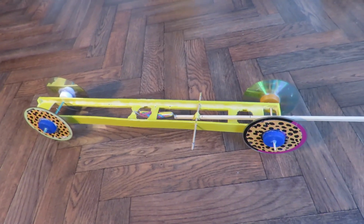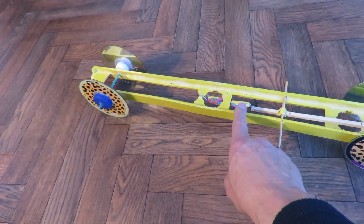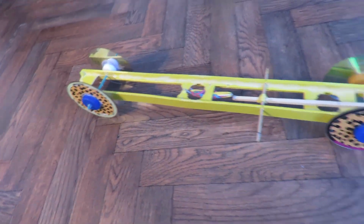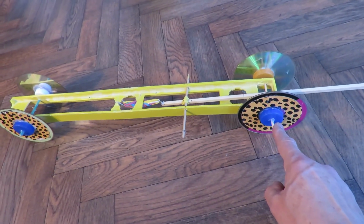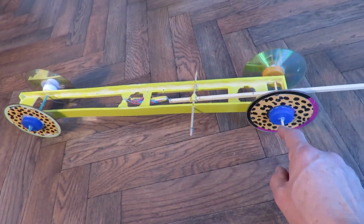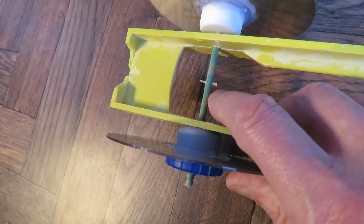So, well, I suppose I ought to tell you what we've got again. It's a plastic spirit level from Poundland several years ago. I haven't seen them in the last few years. It's just a convenient, rigid plastic item. Wheels are CDs, plastic bottle tops for the hubs, hot glued in place. The axles are all bamboo canes. I did actually put a little bit of cane right through the middle of that one,